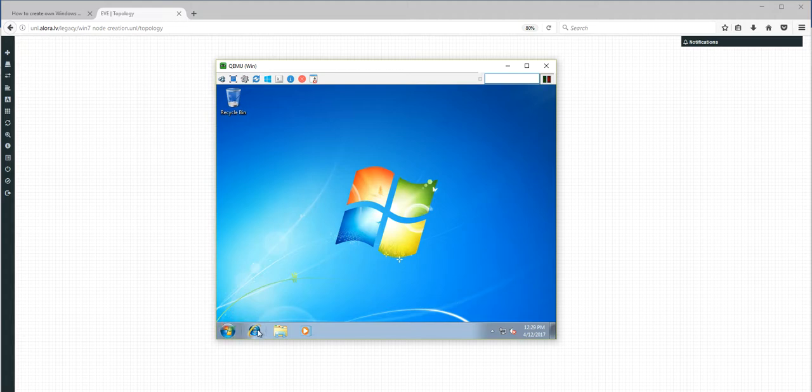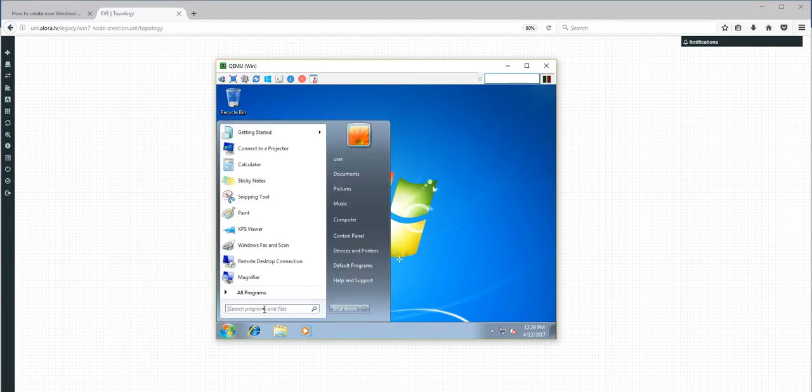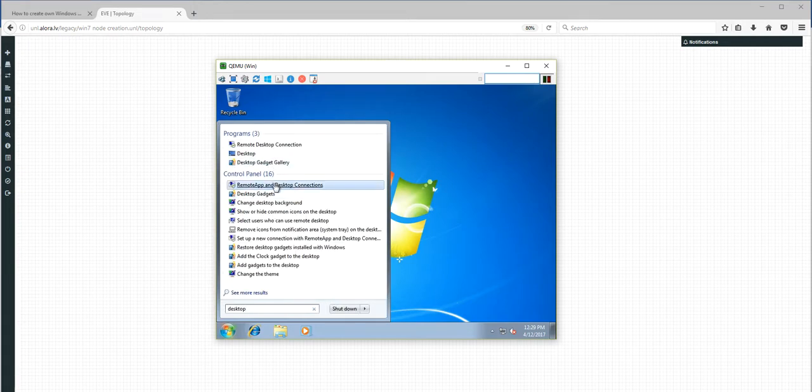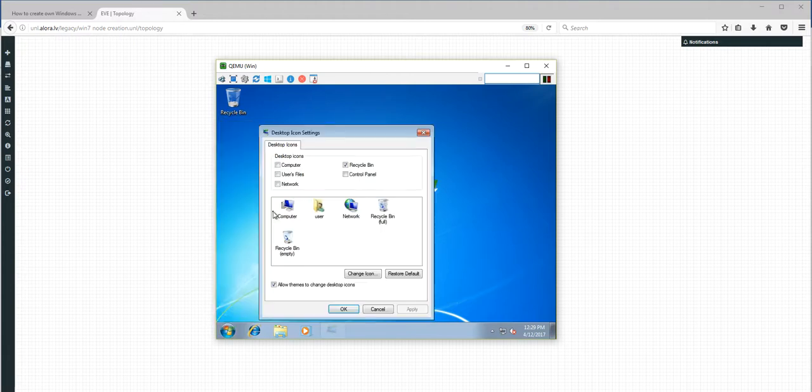So you can tune it as you like. You can use the internet to download or make updates, to install your preferred applications like VPN clients, PuTTY, or maybe TFTP you need, or something else. Whatever you need, you can do here. So desktop. Change the common items, if you wish, let's say the computer and control panel to be visible.